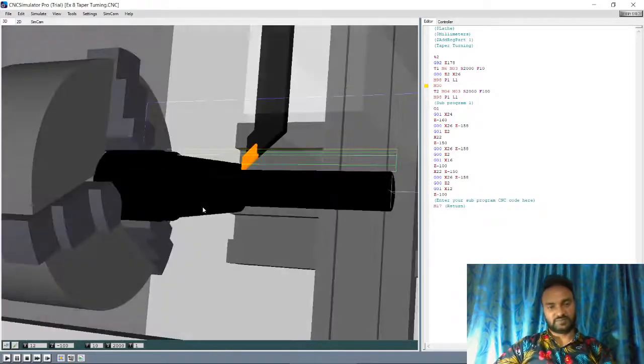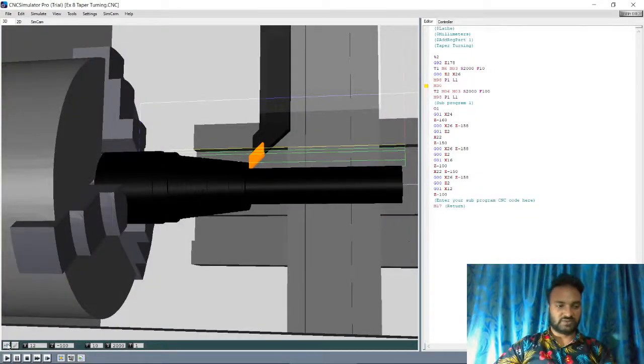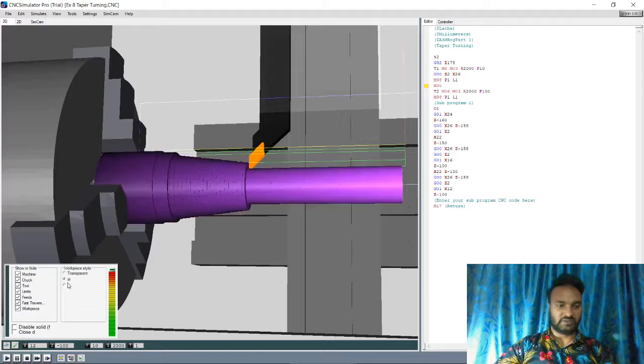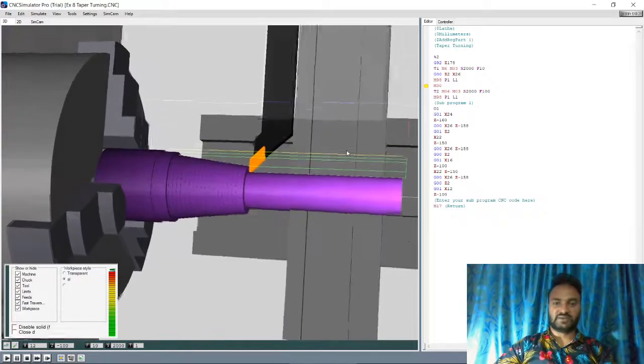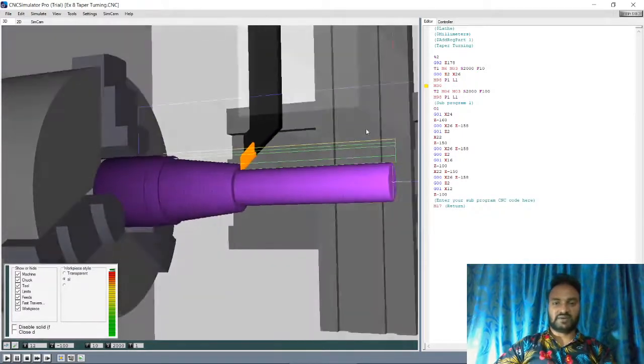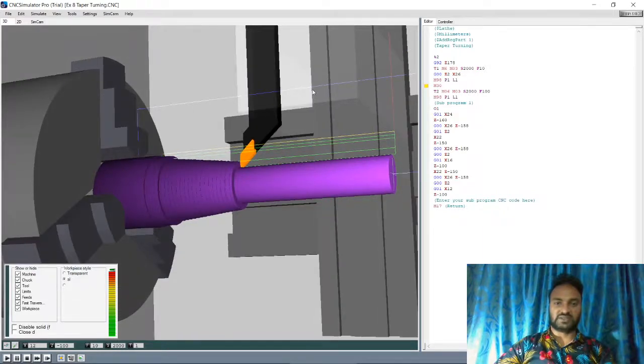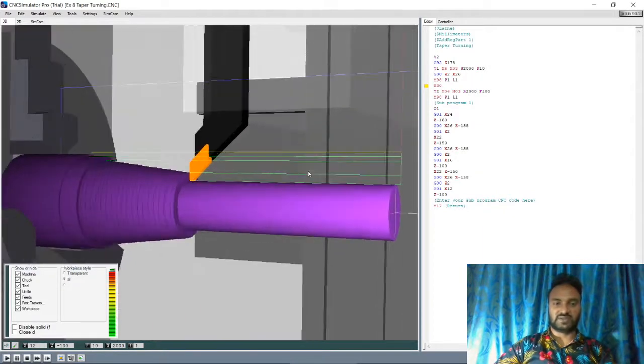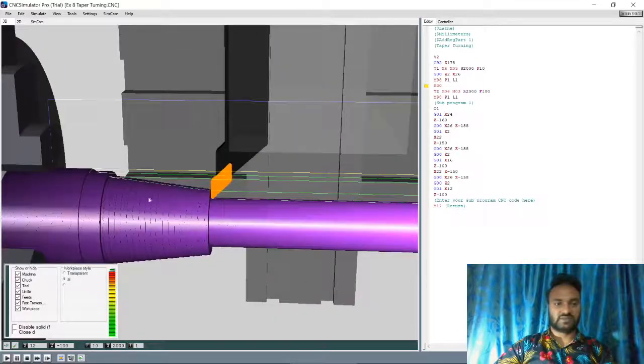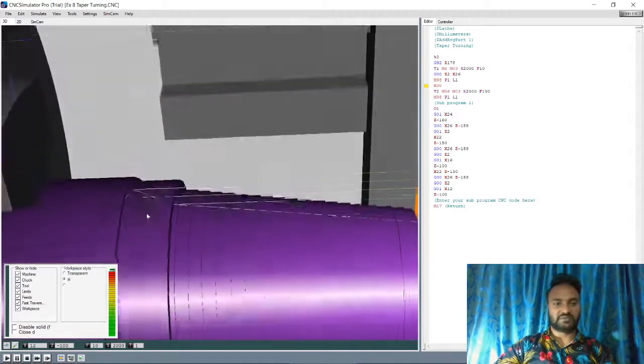I will show you with the aluminum part. These green lines are the fade, and this line is rapid travel. Then this one is control limit, and this one is retrieve.